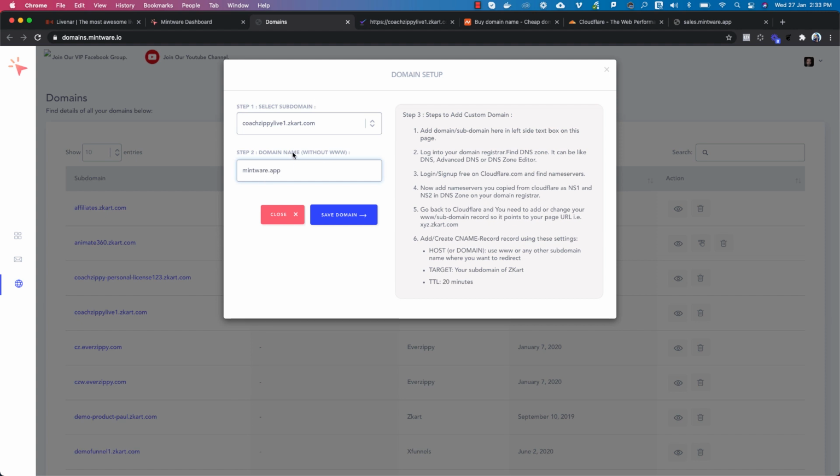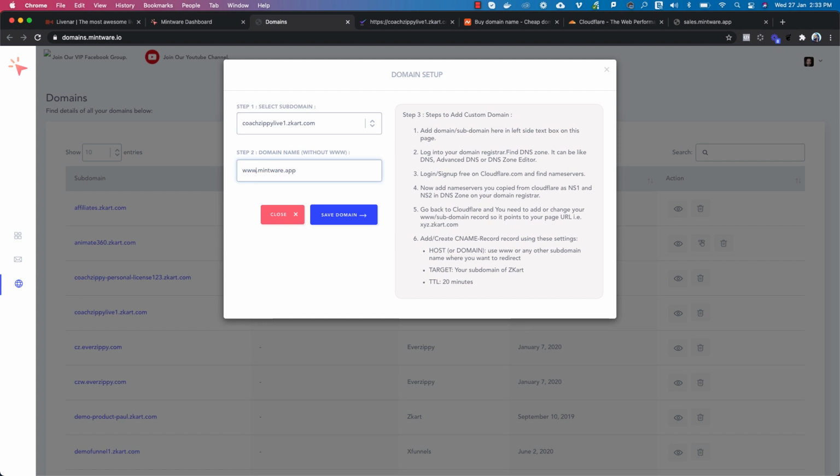As you can see, right now it is mentioned without www, but you can use your subdomain with www dot or your other subdomain. That's up to you, because www is also a subdomain of this domain, right? It's a default subdomain. You can say that this is the default subdomain.